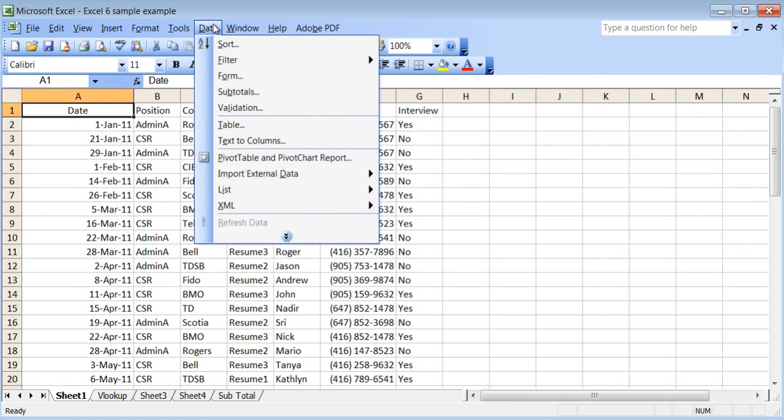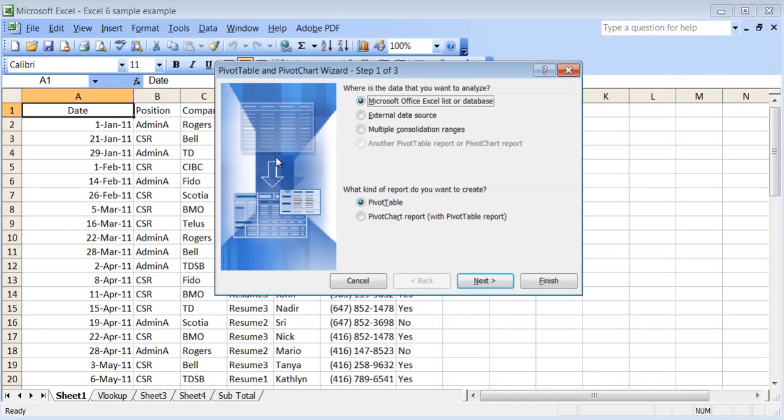So I can go to Data and Pivot Table, and it's asking me a question: where is your data? So I already have it. It will select it for you. You don't even have to select it. And I can click Next,